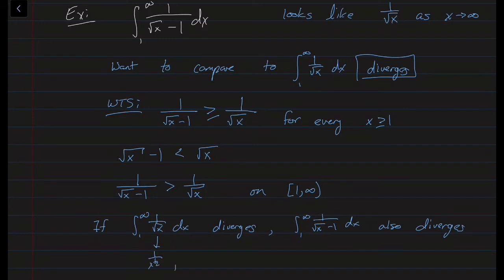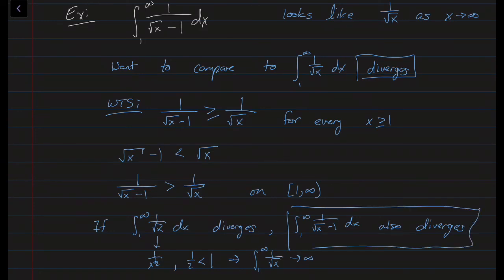And we know it diverges because this is 1 over x to the 1/2, and 1/2 is less than 1. So that tells us that this integral from 1 to infinity of 1 over square root of x goes to infinity. And since this diverges, our original